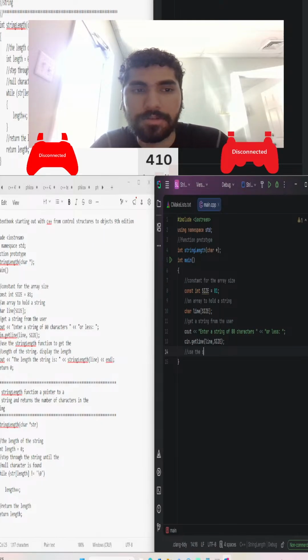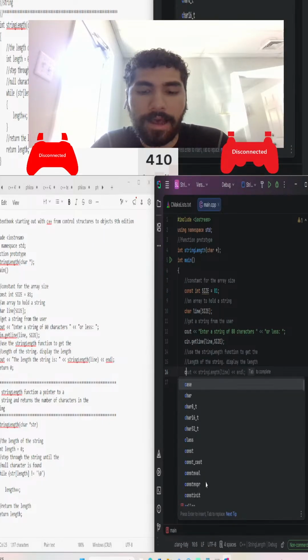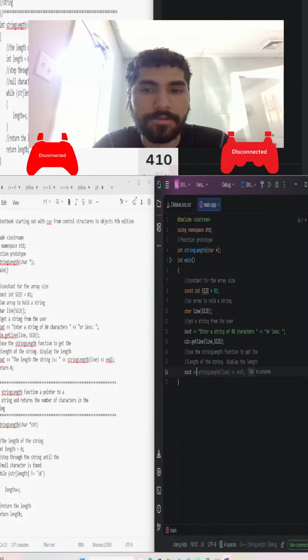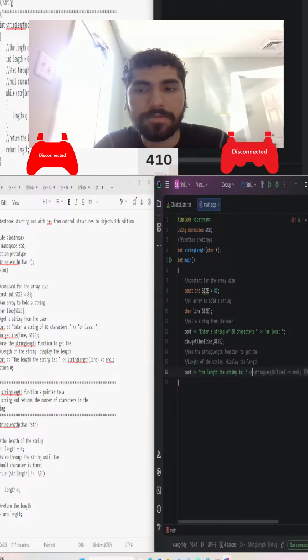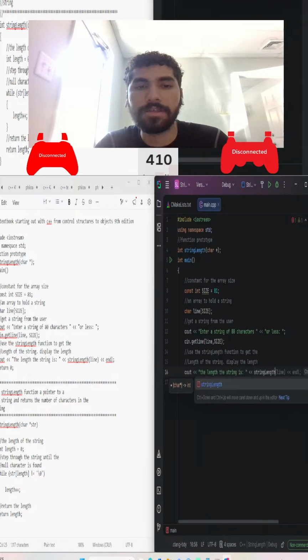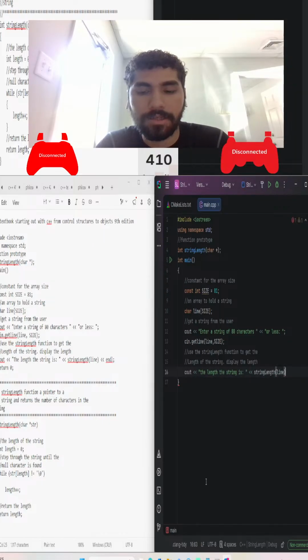A comment, use the stringLength function to get the length of the string and display the length. cout << "The length of the string is: " << stringLength(line) << endl; return 0; }